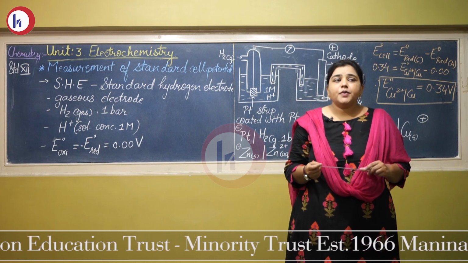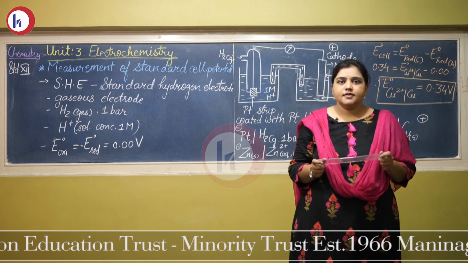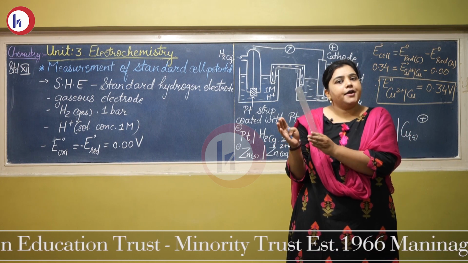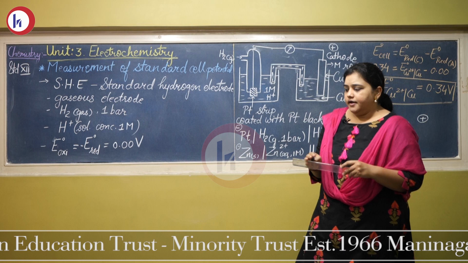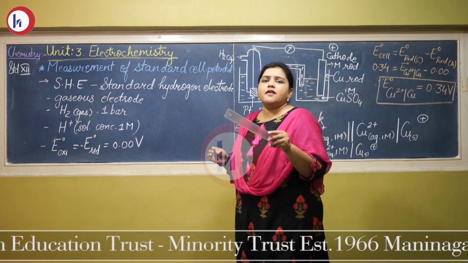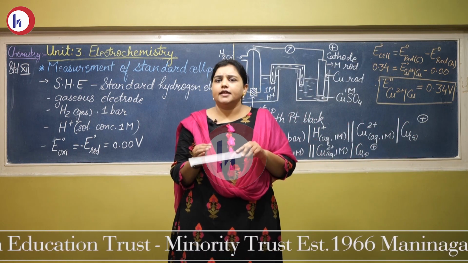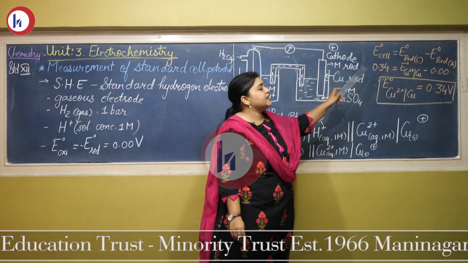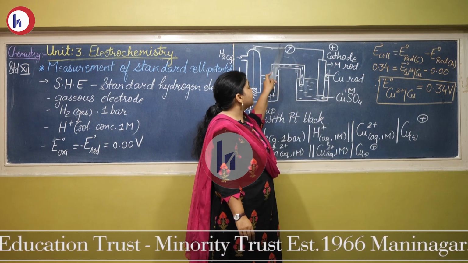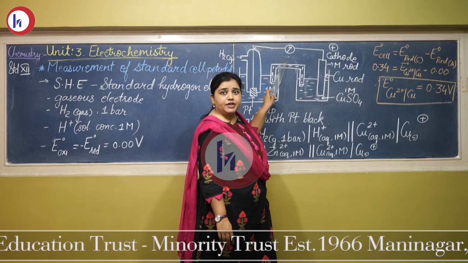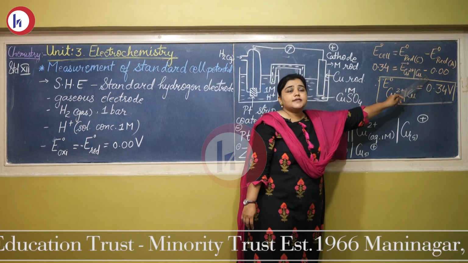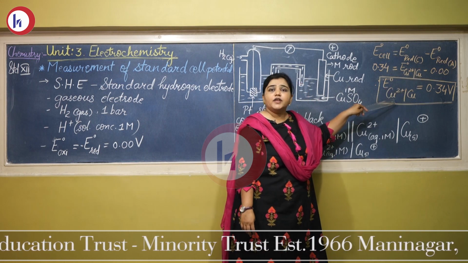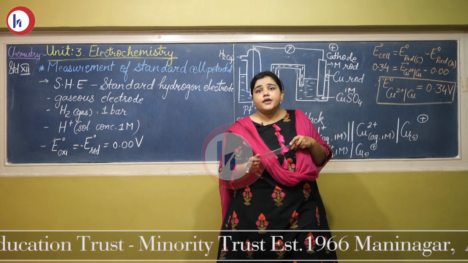So what the IUPAC people did was, SHE electrode they kept as the anodic half cell, and whichever half cell's electrode measurement they wanted to take, they made it the cathode. So if you substitute in this equation, whatever is the reading that you are getting in the voltmeter, because the standard potential of the hydrogen electrode is 0,